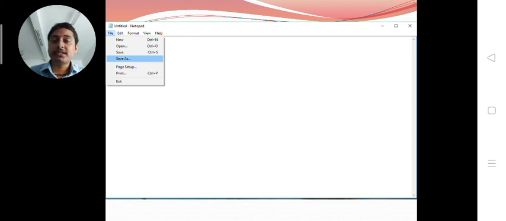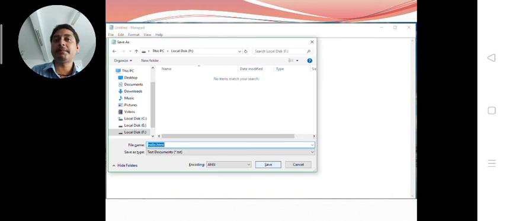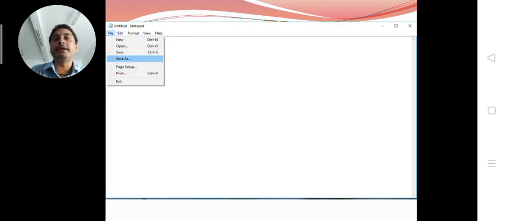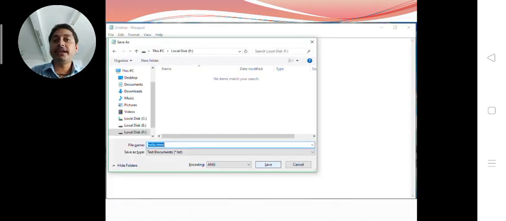You have to choose save as, and then this wizard will appear. On the top of this wizard, save as is written, and in the first line you will be able to see that is written this PC. If this yellow color is appearing, I think you will be able to see that this PC local disk F, means we are saving this file in F drive, and in the last here where it is written file name, in file name, we have to define the name of the file. Whatever the name you wish, you may write.